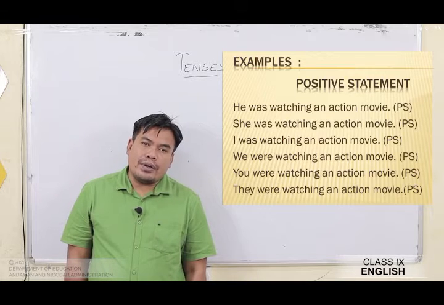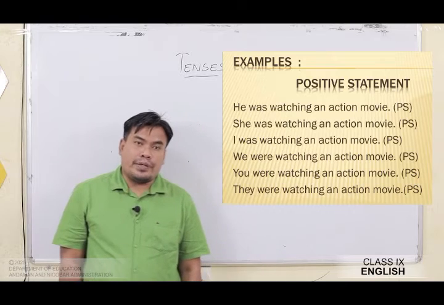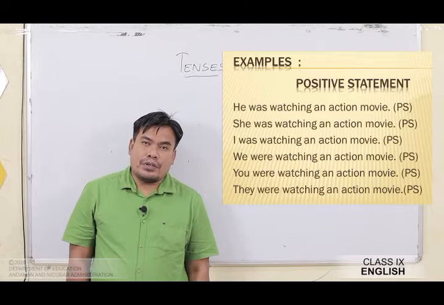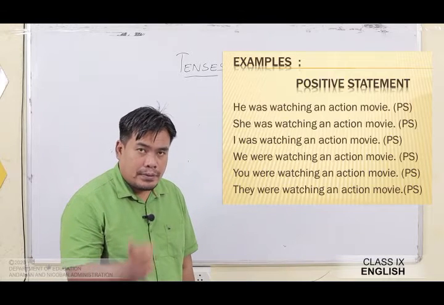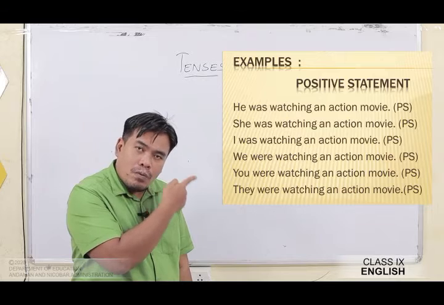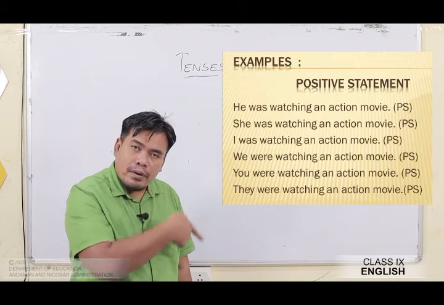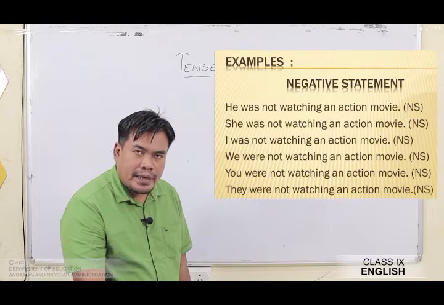You were not watching an action movie, or they were not watching an action movie. Got it? Let me just show you. The previous one was the positive statement, and the one which I just told you is the negative statement, and here are